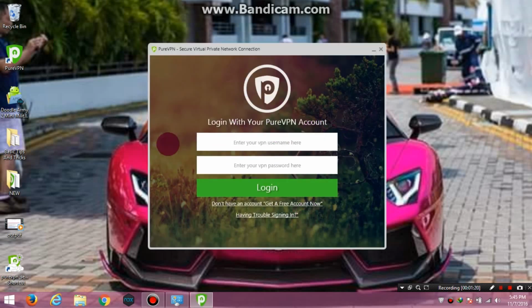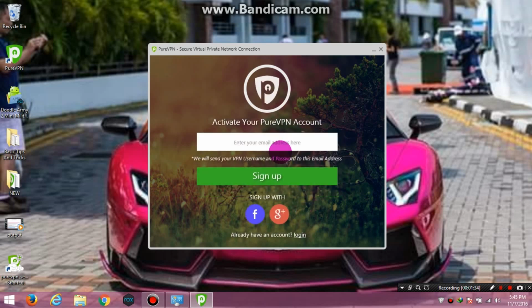Now it will show you to log in with your Pure VPN account. So you must enter your VPN username here, and your VPN password here. Actually, I already had an account, but I am creating a new account to show you how you can create one.